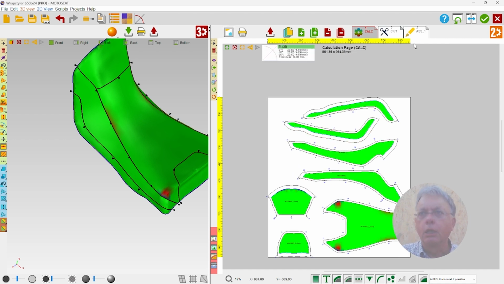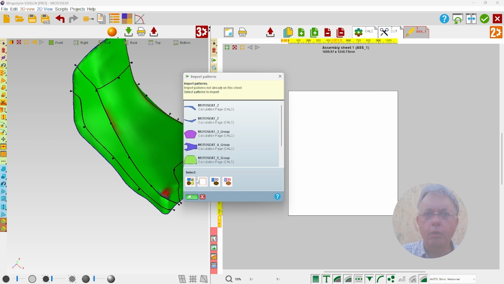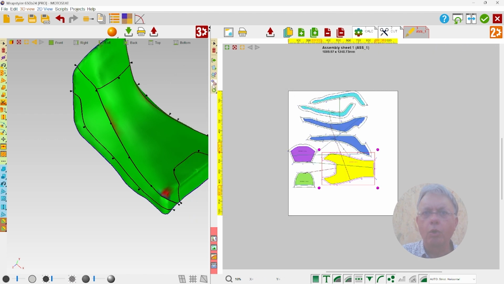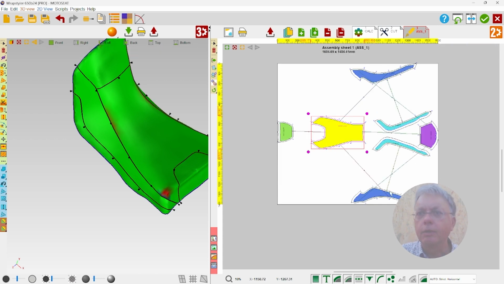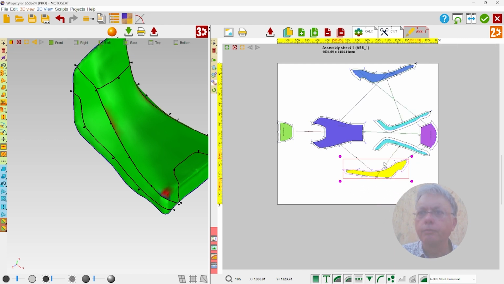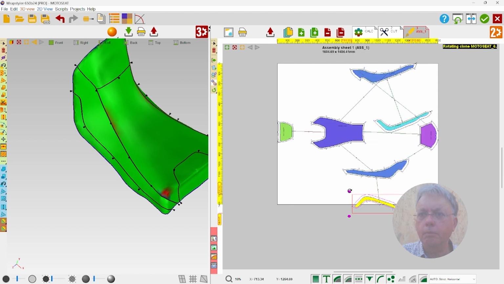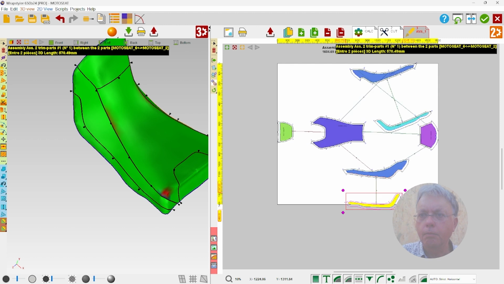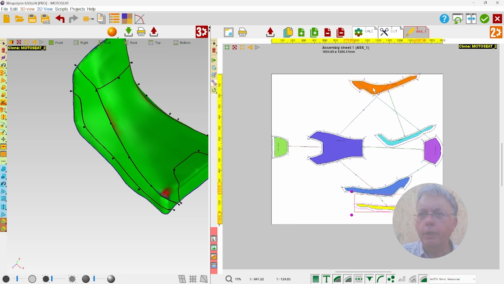So we can add, this is a previous one, we can import here all the elements for the assembly notice. We can maybe turn this, the orientation is not perfect, and maybe this. We can place